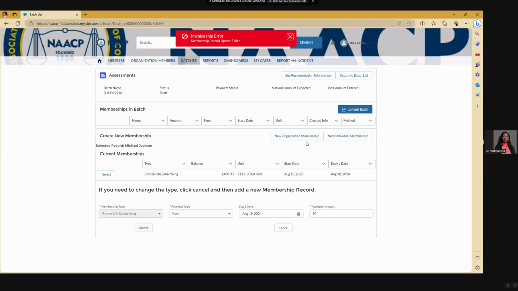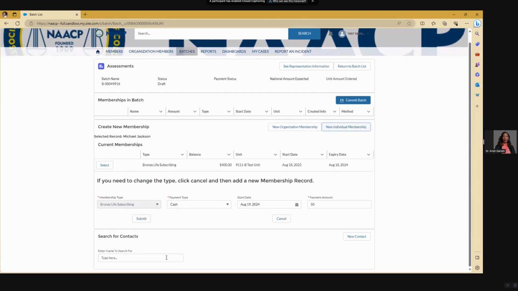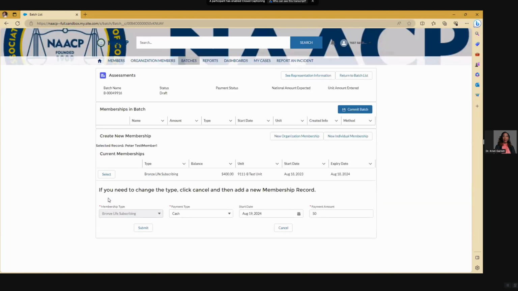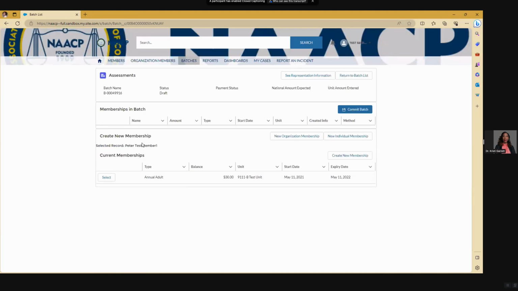All right, so let me go back and pick a different person. And I have to do that because, like I said before, this is our testing site. So I'm gonna pick Peter. So Peter, test member 1. So again, if Peter is just purchasing an additional annual adult membership, all I have to do is click select next to their name, next to that member type. Or if they're purchasing something different,